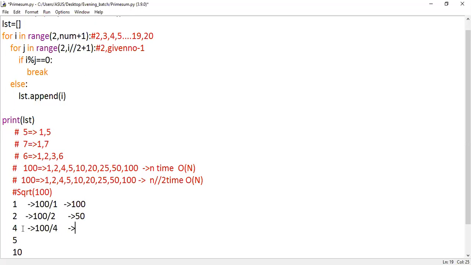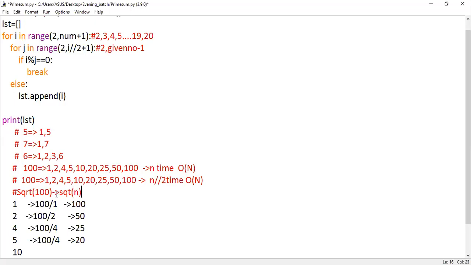So if you know the first half, up to the square root, for any number, the next half will be the multiples of it. So here, if the number is divisible within the square root of the given number times, then for sure the remaining part will also be divisible. So it is not required to go to n by 2 times also. You can stop your process at the square root of the given number times.